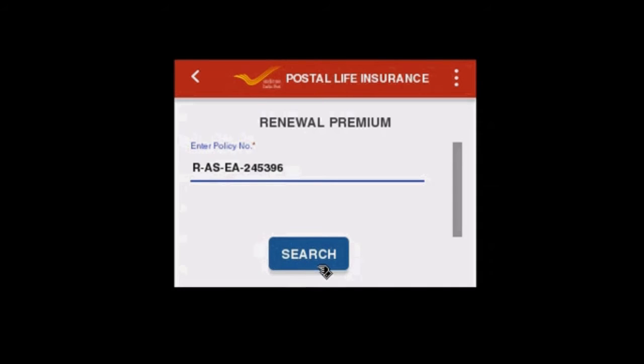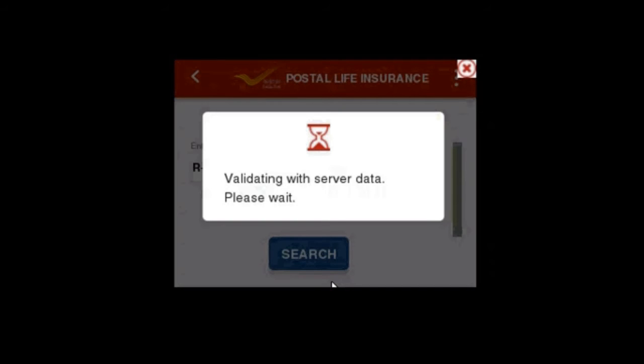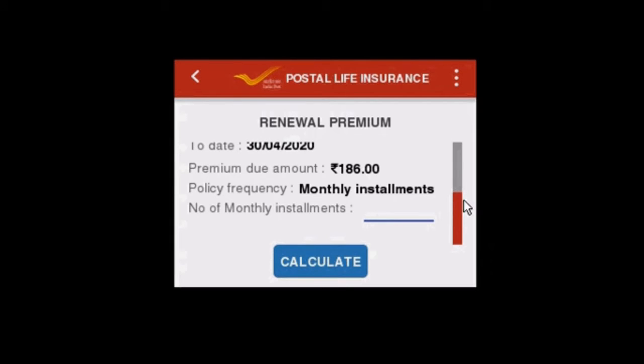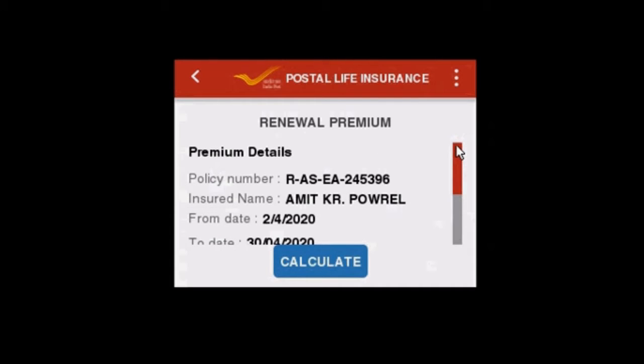Now click search. Validating with server data, please wait. Now our passbook front page has opened. This page contains policy number, insured name.